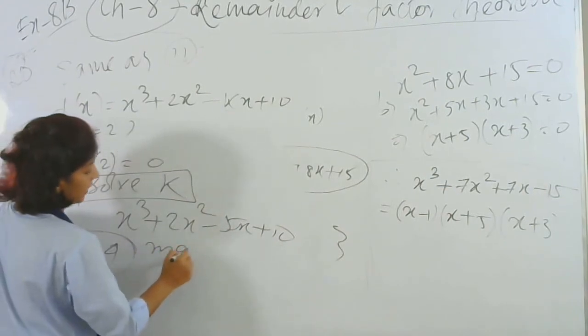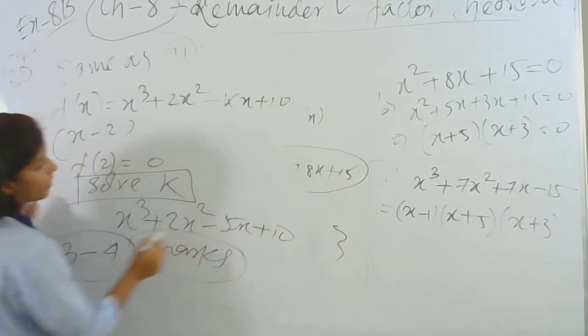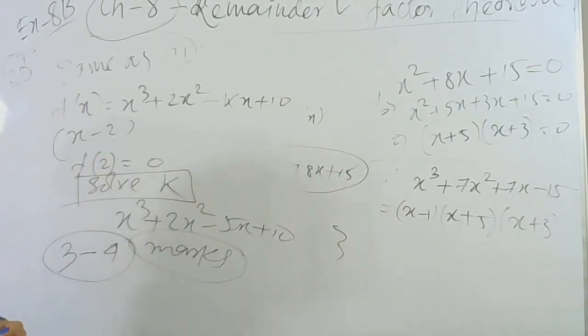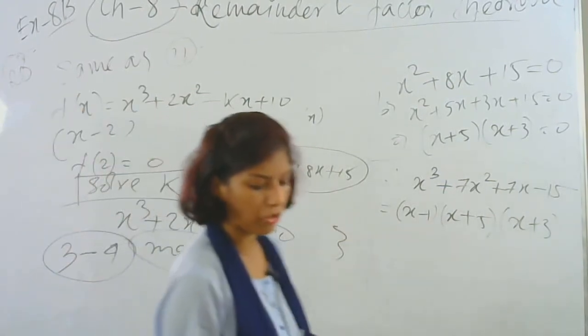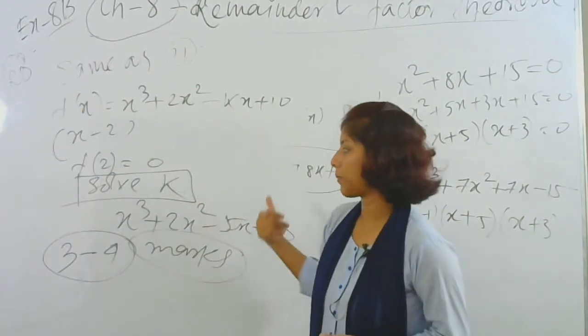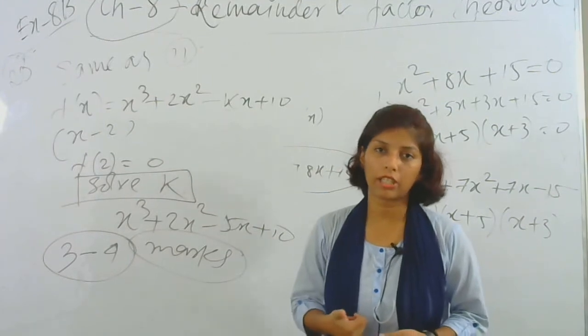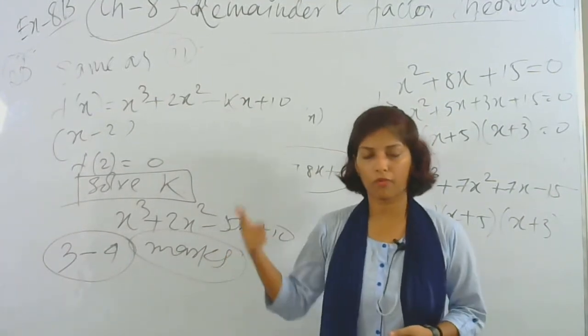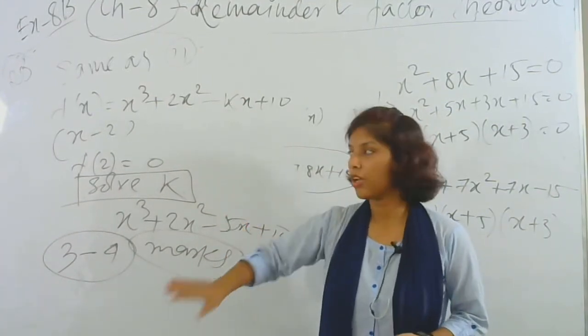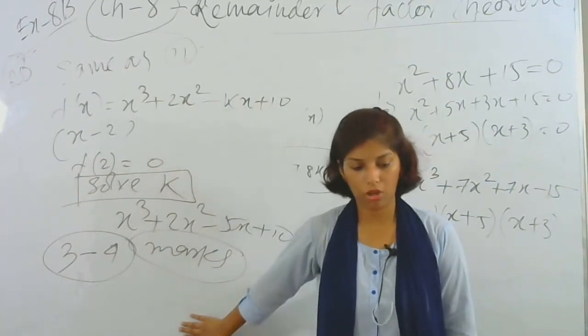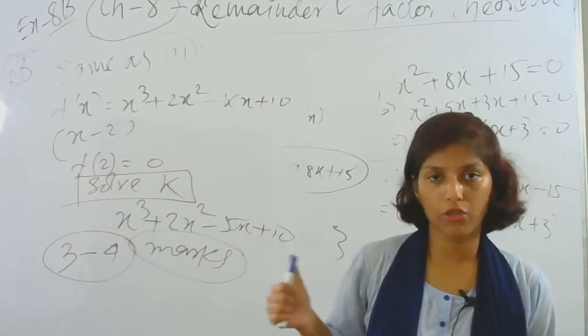This is the easiest chapter. Here you have to use nothing, only those simple things, the remainder theorem and just calculation. So if you do this chapter, at least 3 to 4 marks you will get. You may get more than 4 also from section A and B if you combine together. So I would suggest those who are not so good at maths, you should try this chapter.